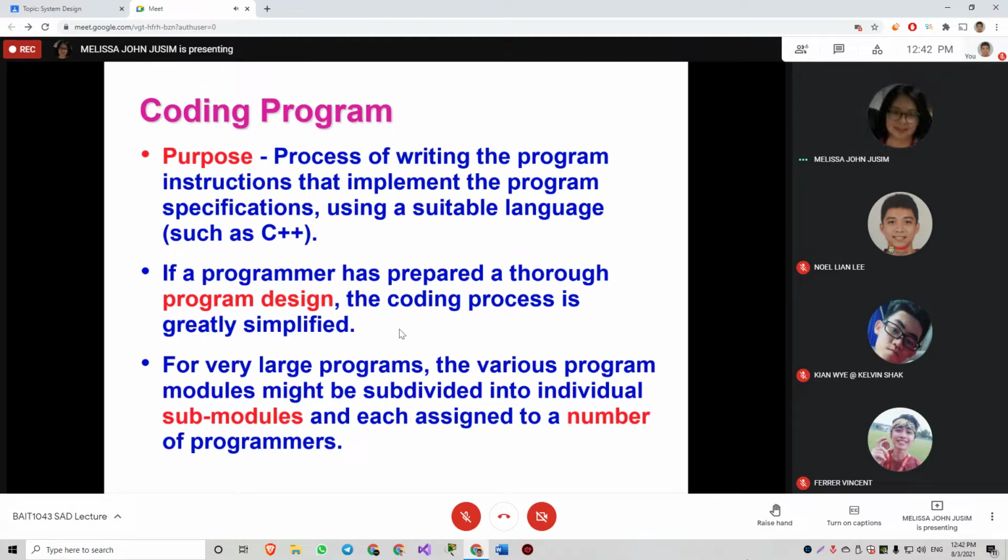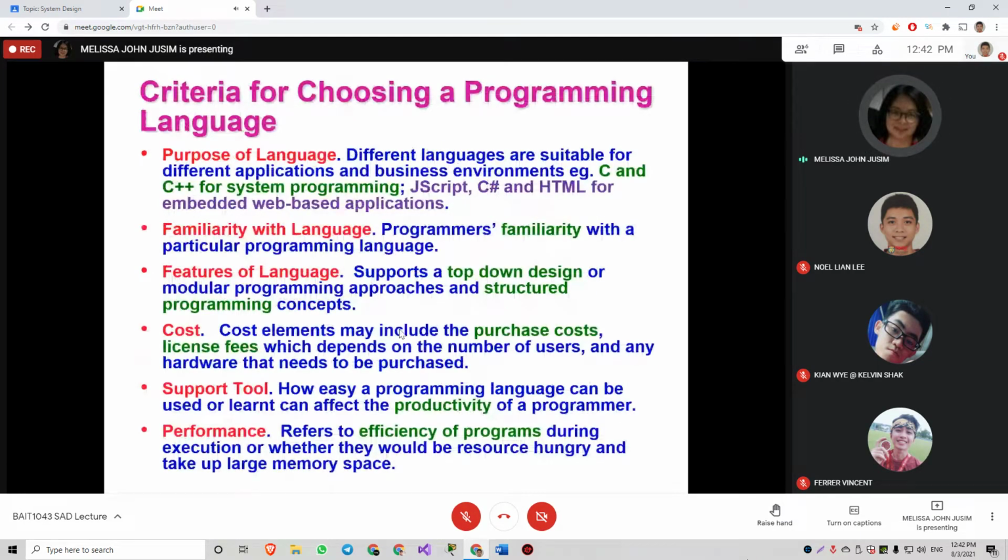So the question that we see in this slide is, what do you need to consider when you want to decide which programming language to use? If you are the SA, during the system development, you receive this project, already get the green light, it's feasible, you already have the requirements, you have already designed, and now you are developing it. So how do you choose a programming language?